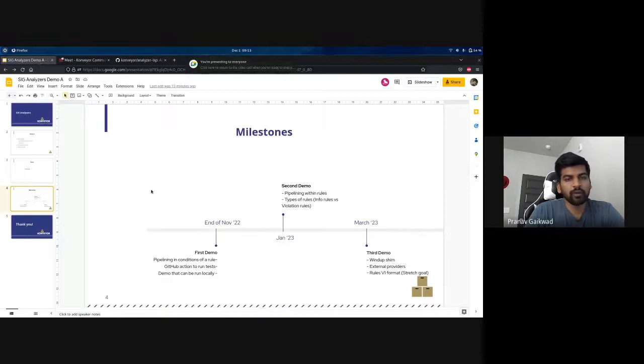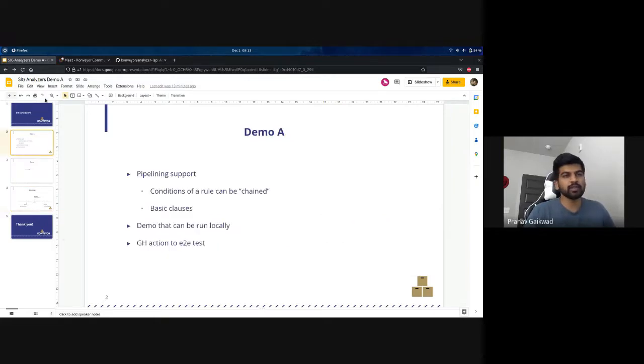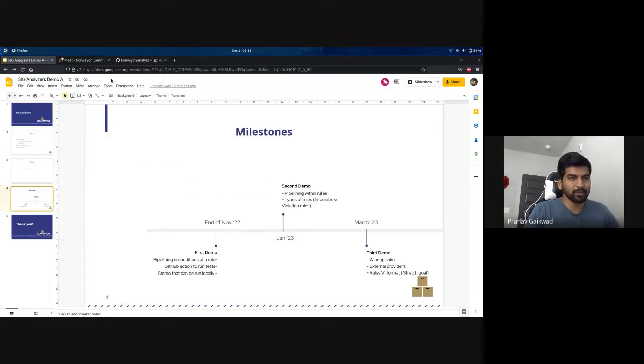All right. So again, thanks for the demo, Sean. I think one thing that I missed here was the templating stuff. That's really cool. So we have some basic form of templating in there. For the second demo, I think mainly we are looking at having those info type of rules which give information about the application, such as the technologies, and I think we are spending some time on dependency analysis as well.